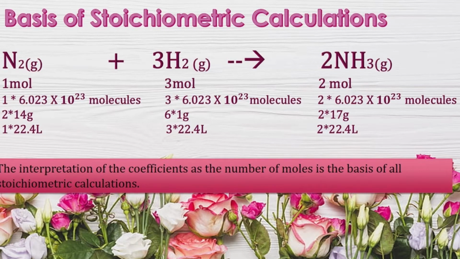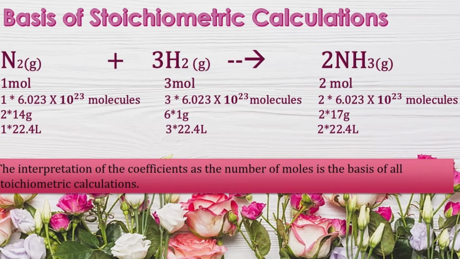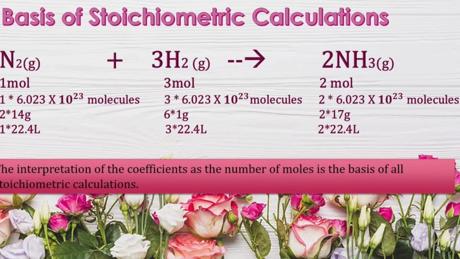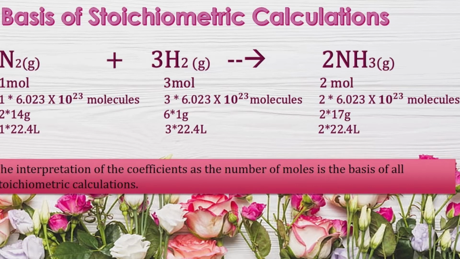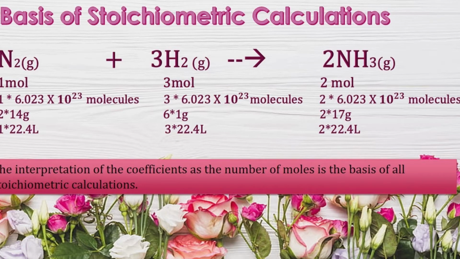We know how to calculate the molar mass of ammonia. We have nitrogen having the atomic mass 14 and 3 hydrogen atoms having the atomic mass equal to 3 into 1, that is 3. So the molar mass of ammonia is equal to 17 grams. Since 2 moles of ammonia is formed, the mass will be equal to 34 grams. So we can have the relationship between the number of moles and the molar mass, and you can use it in the stoichiometric calculations.